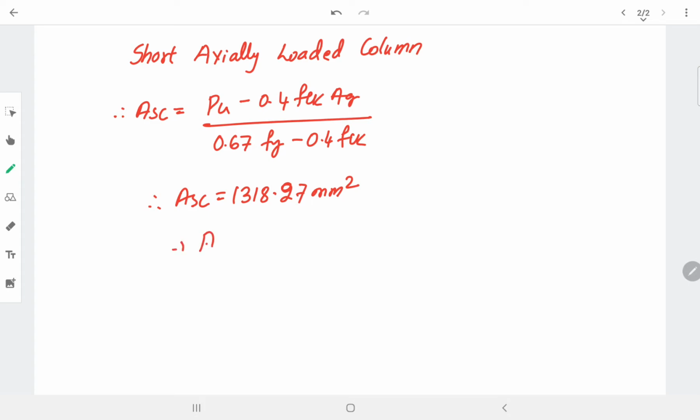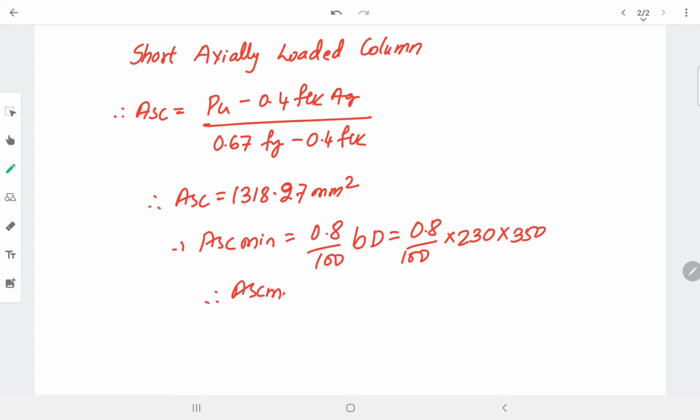So you need to calculate Asc minimum also. This is 0.8% of bD, as given in IS 456 page number 48. When you calculate this, Asc minimum, the minimum reinforcement required, is 644 mm square.